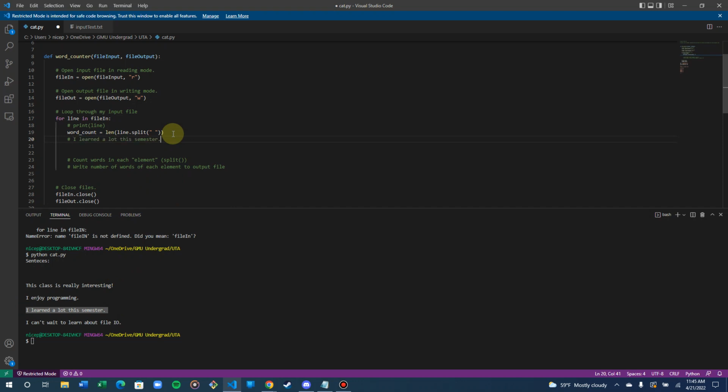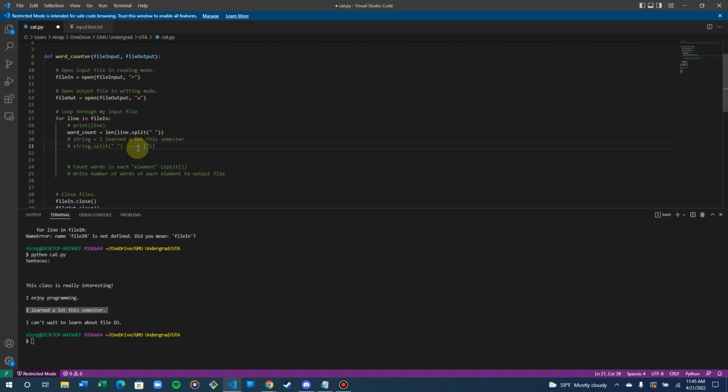I'm going to say string equals this. If I say string dot split at the spaces for an argument, it will return a list where the first